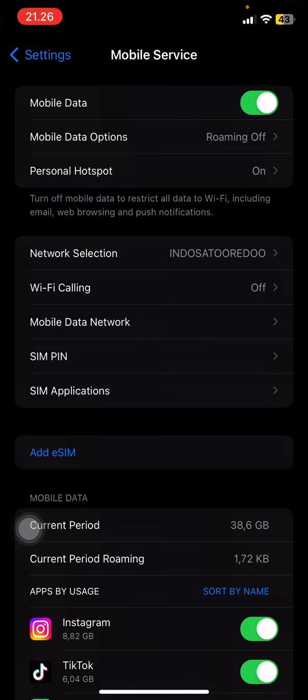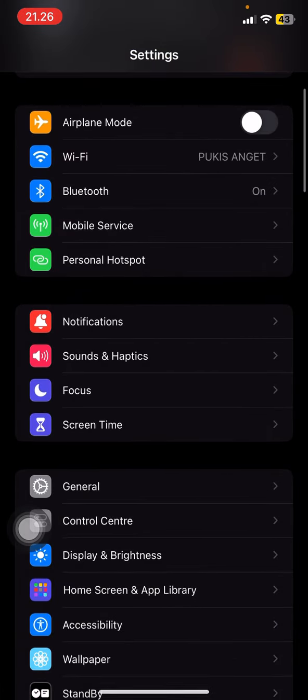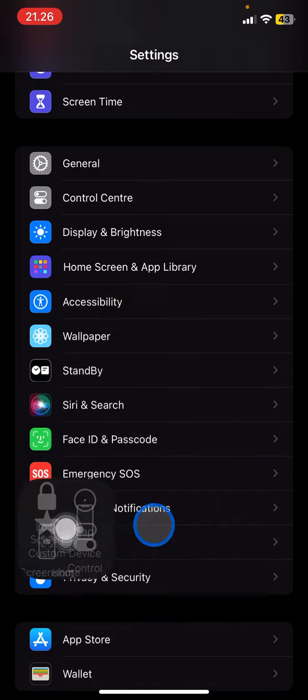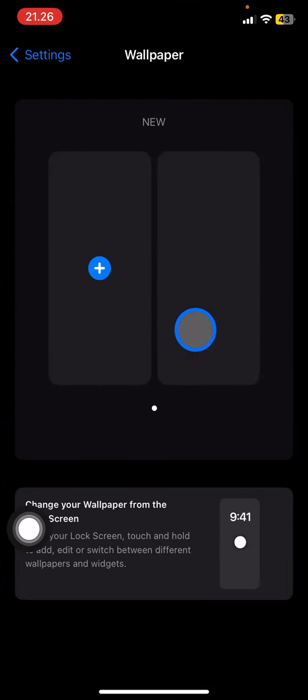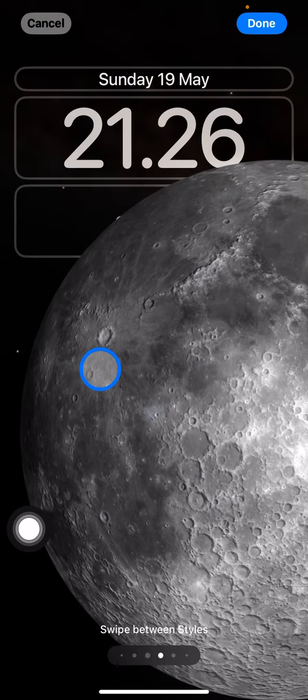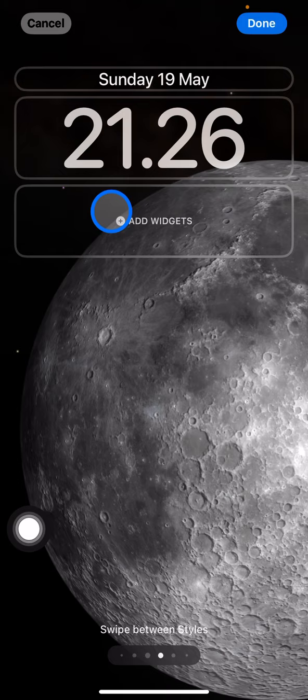So you just need to open the settings, and then scroll down until you get to the wallpaper here. Just tap it, and the current wallpaper that you use will be shown. Let's add the UV index detector to the lock screen. Just go to this customize option in the lock screen section, and now you just need to click on this